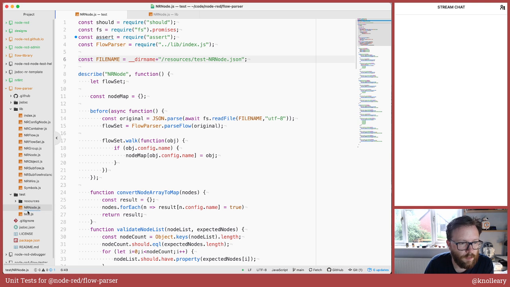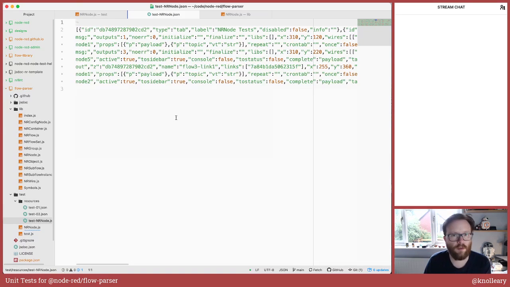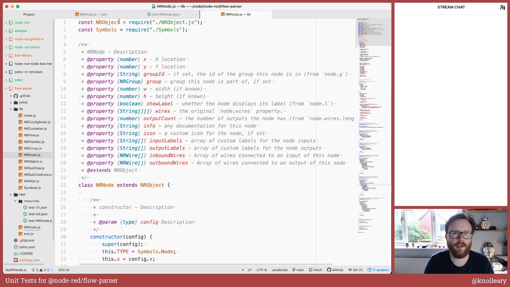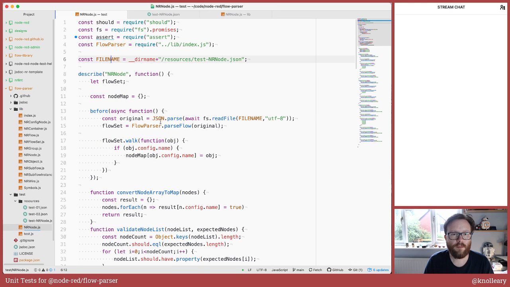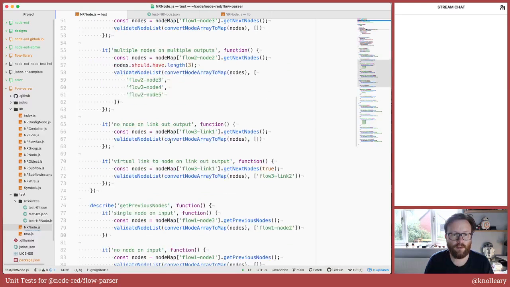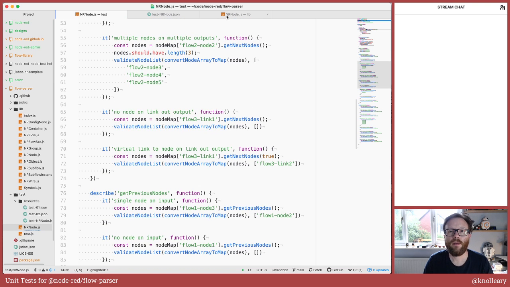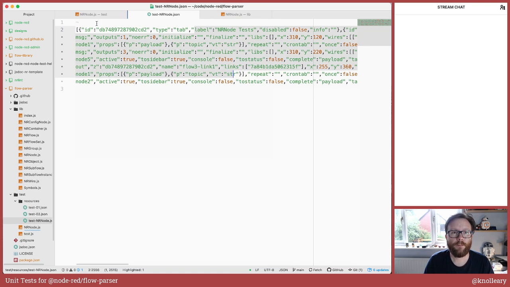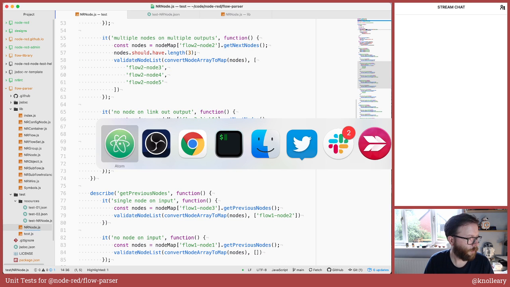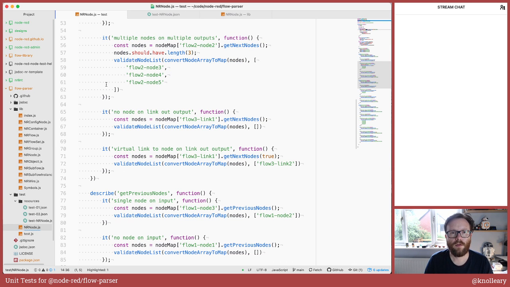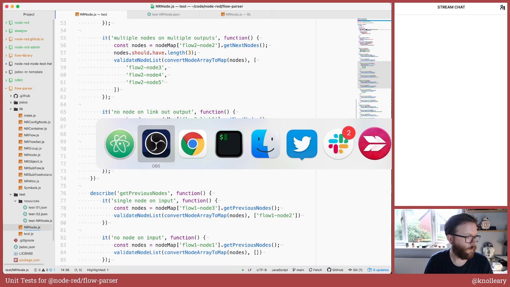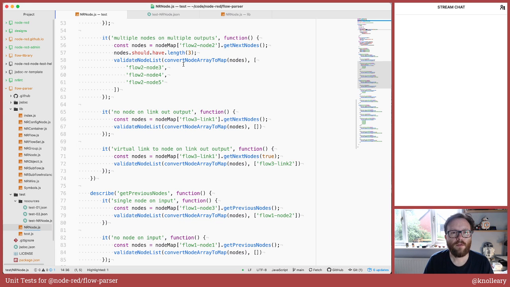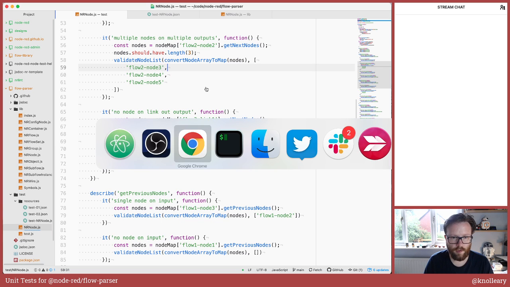Yeah, we created some test flows. Test NR node. We create some test flows, and then in our test case we're loading them in, passing them through the parser, and then calling the various functions and validating what gets returned is what we expect. So yeah, the relatively simple task now is just to create some test cases that exercise the logic properly of the functions we have. So to create the test case, we need